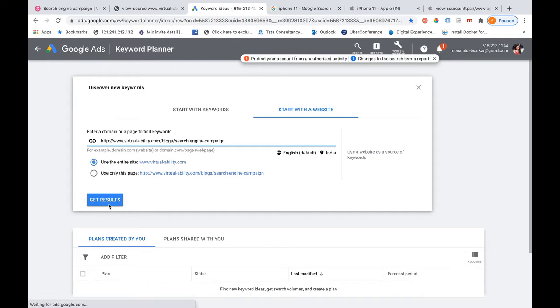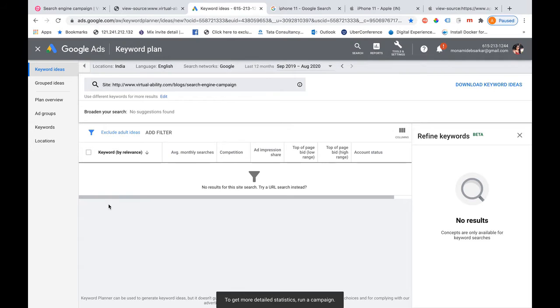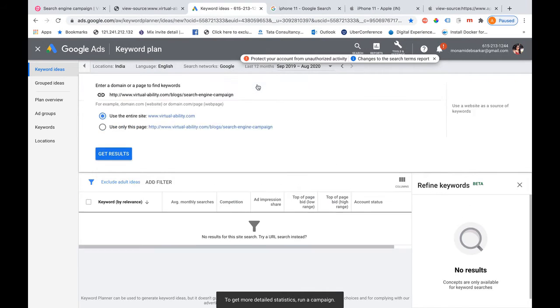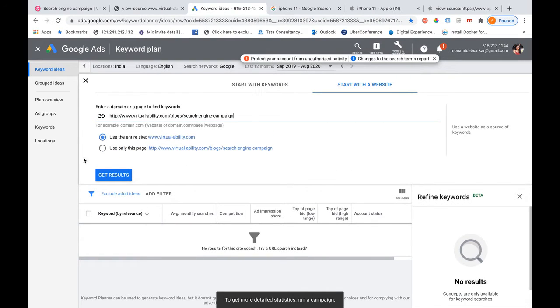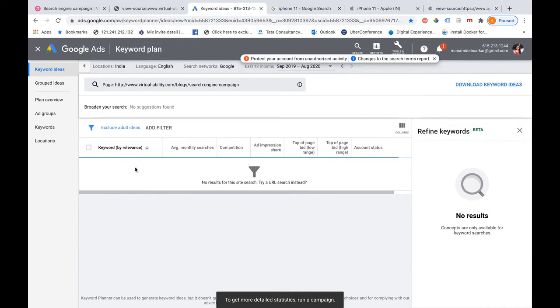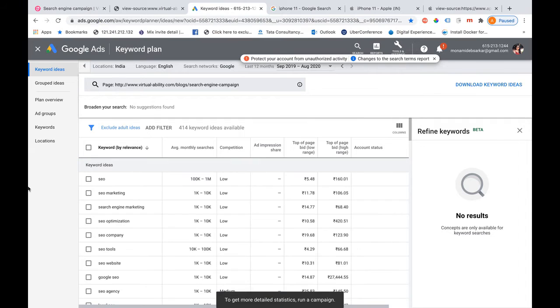Now I'm clicking on get results to get some analysis from Google. So there is some problem. You need to select the right URL. Now I get the results.